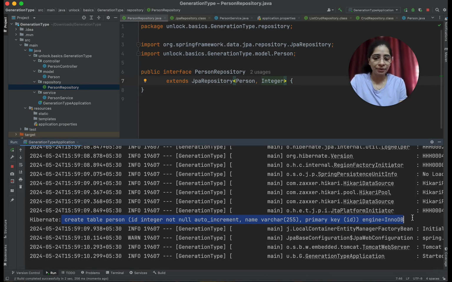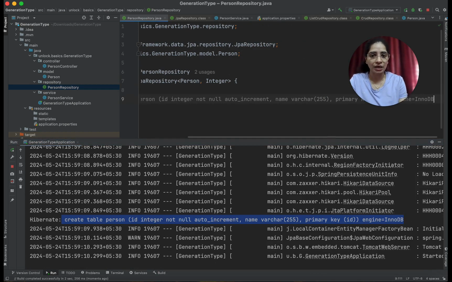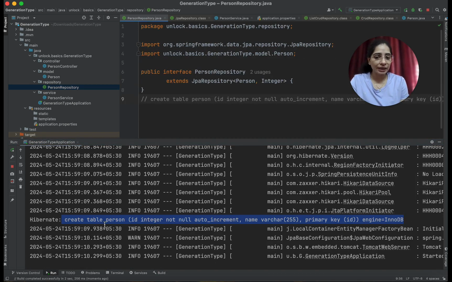I'll copy this statement and I'll keep it in my repository class. It is creating a table with ID integer not null auto increment. This auto increment says that the ID will be incremented at the database level. JPA and Hibernate have nothing to do with this ID generation. This ID generation will be taken care of by the underlying database, and this is represented by this auto increment statement.